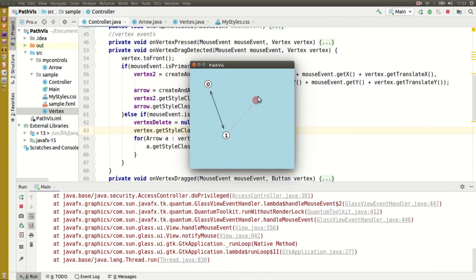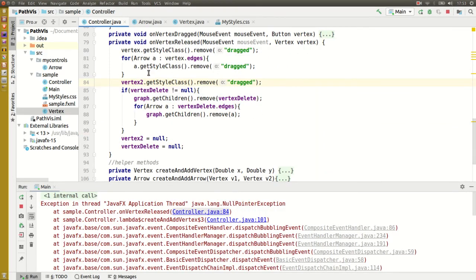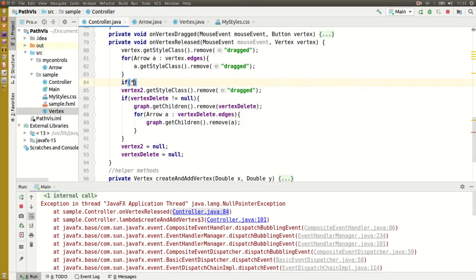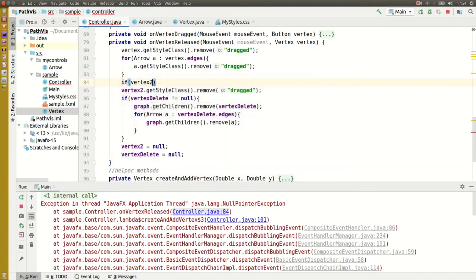Okay. Let's say if vertex 2 is not null,